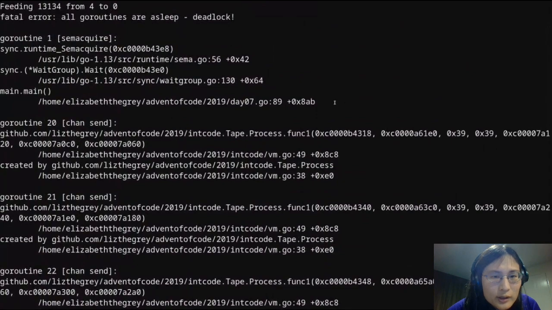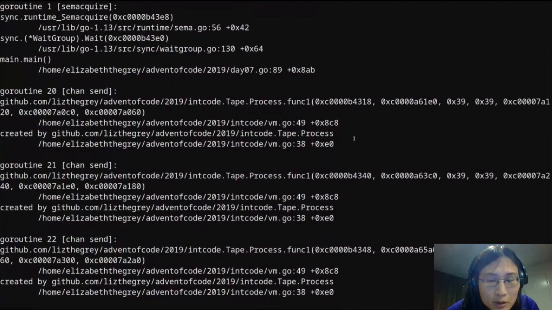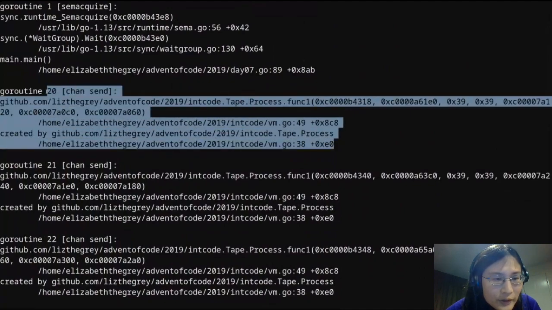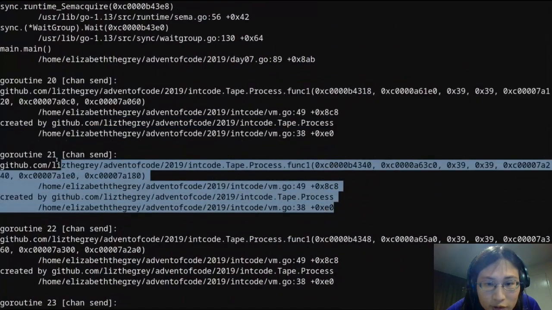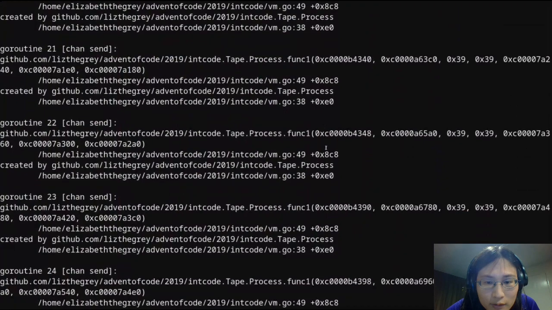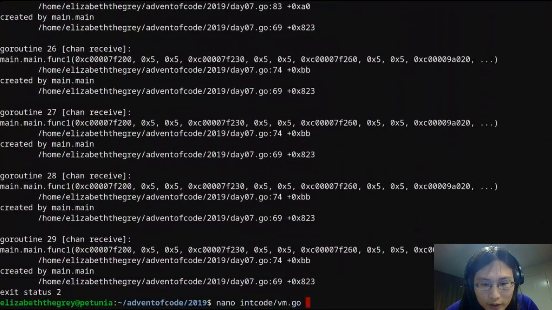So the semaphore is doing the wait group. That's fine. A VM is trying to send a result. 2 VMs are trying to send a result on line 49. 3 VMs, all of them are trying to send a result on line 49.